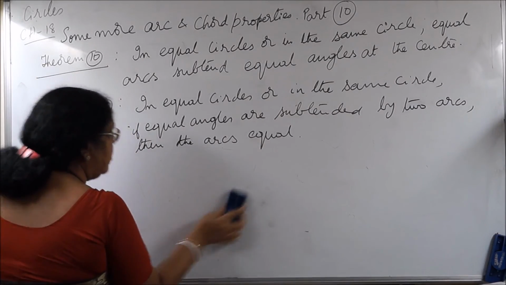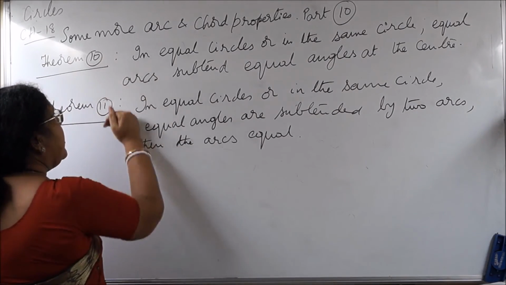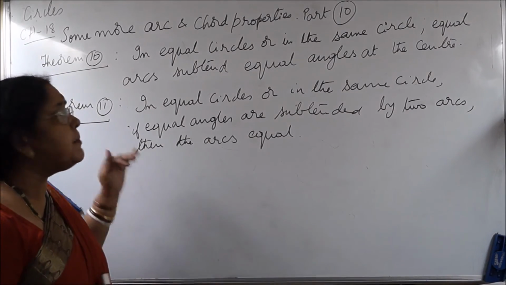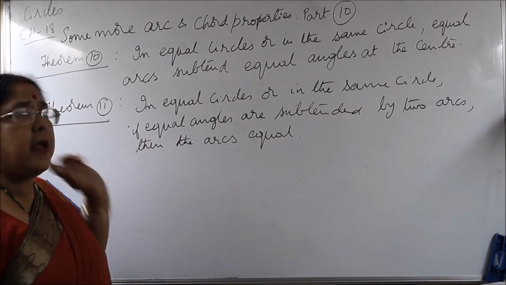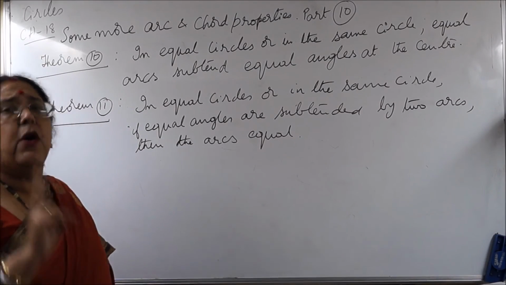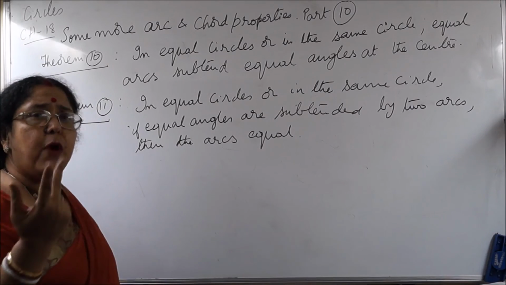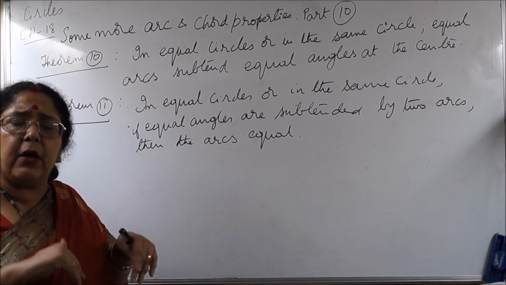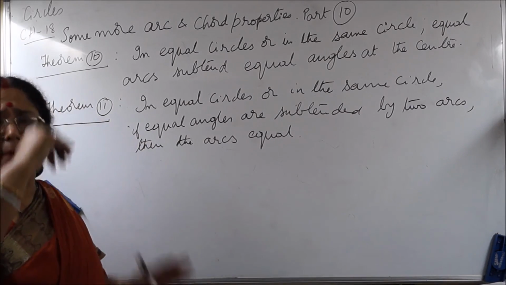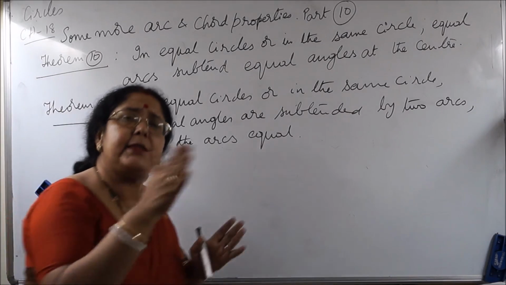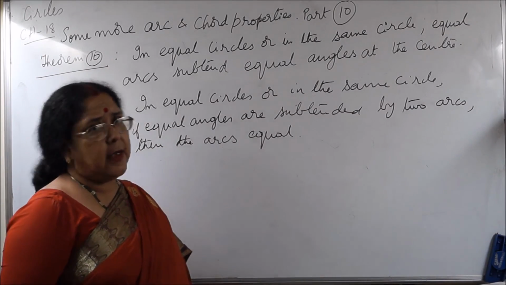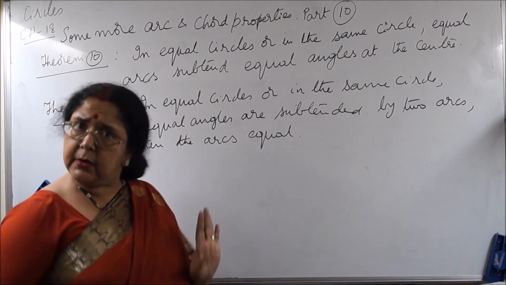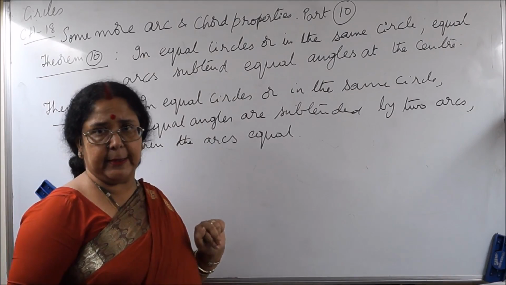Okay. So I told you, we have completed the converse also, because it can be proved in the same manner. So what we learnt in this part is that if there are two equal circles or the same circle, and two arcs subtend equal angles, then the arcs are equal, or the converse, if arcs are equal, then they will subtend equal angles at the center. I hope both the theorems are clear to you children. So we have finished two theorems in our part 10 which are converse to each other. Okay children.